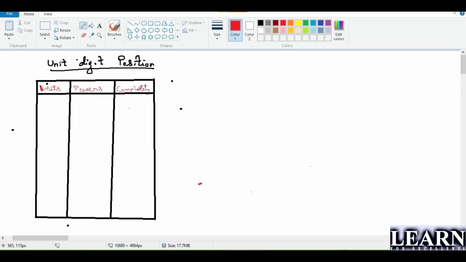So guys, while talking about these theoretical terms, you may feel like it is difficult or it might be complex. Finding out the unit digit position is very simple, guys. It will hardly take 2 to 3 seconds to answer any question on unit digit position. Hardly 2 to 3 seconds. So for that you need to understand the process. After understanding the process, you can easily tell what is the answer for it. Clear, guys?